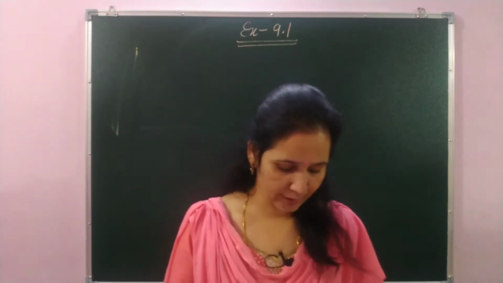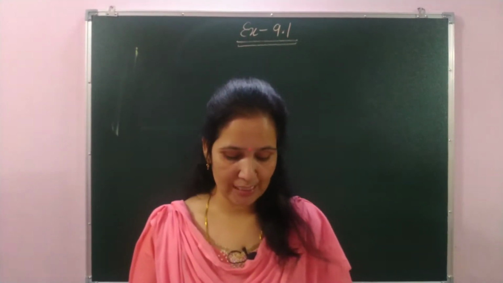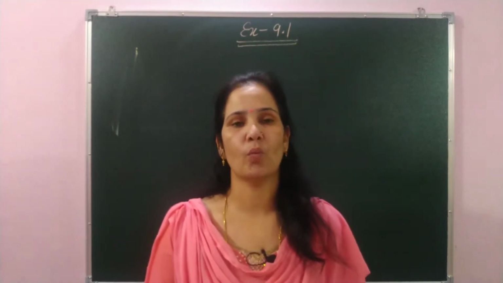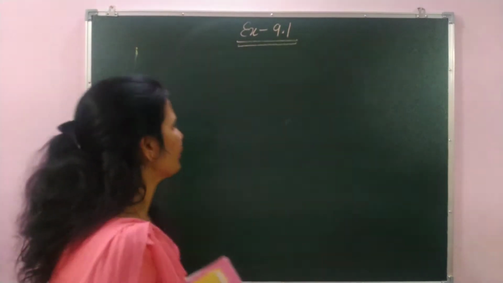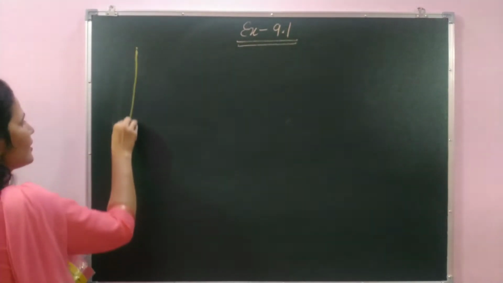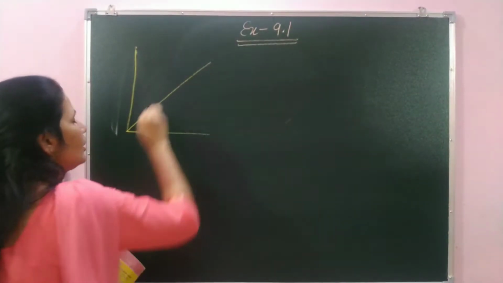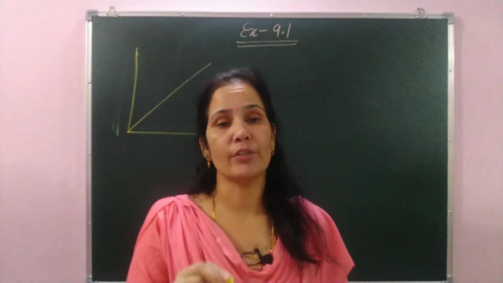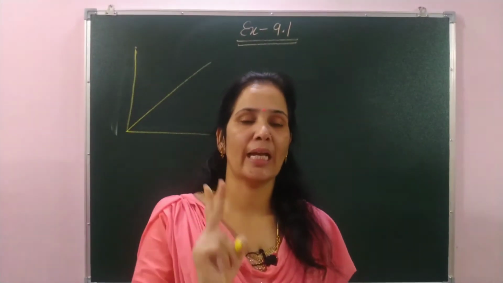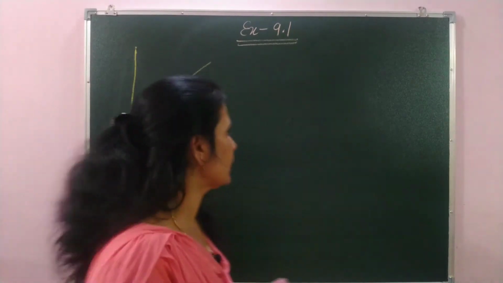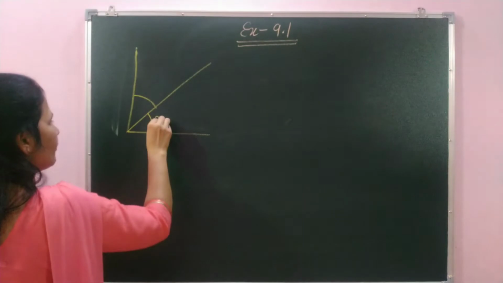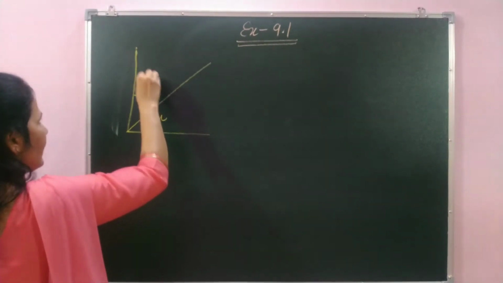In question number 12 they have given: find the angle which is the complement of itself. Here they have used the word complement. Complement means two angles whose sum is 90 degrees. So students, they told us that we have to write one angle such that another angle is the complement of the first one. That means both angles are the same. So in this condition we assume that both complementary angles are x and x.